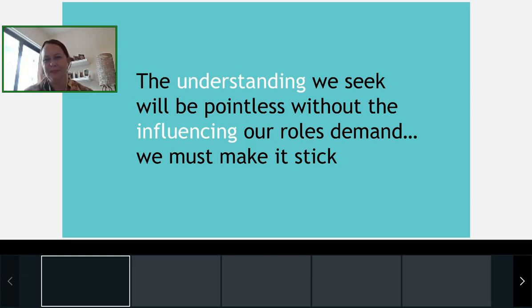So the last principle that I wanted to share is really around what we do with all of this. We, as insights professionals, customer experience professionals, UX professionals, we're all seeking to understand people, and we want to do that at depth, not just at surface. But all of that understanding is absolutely pointless if we can't influence others to make change. We must make what we're learning and the point of view that we have developed stick. And so that's where it comes to the storytelling part of things.